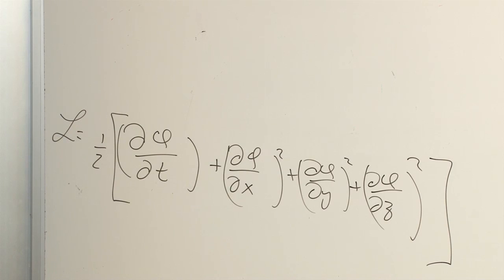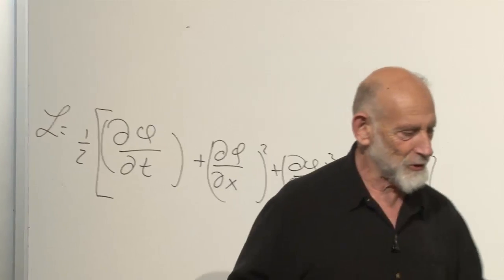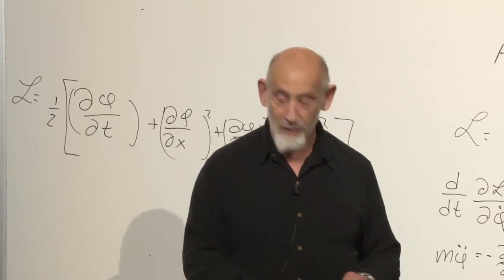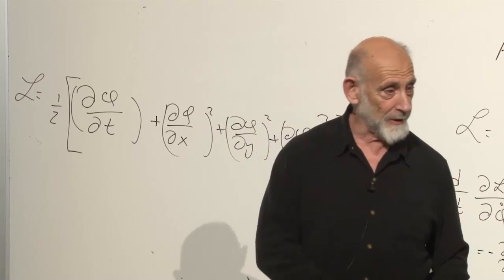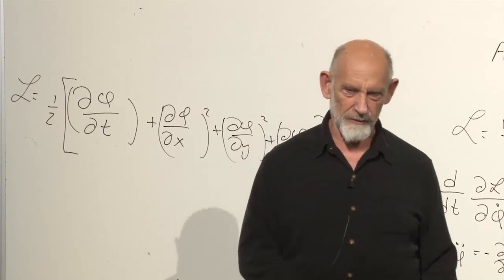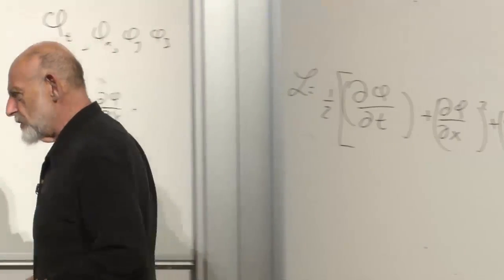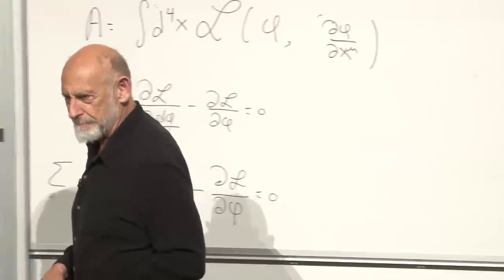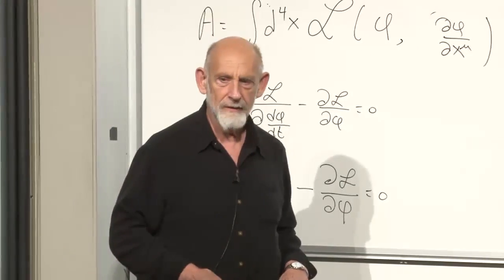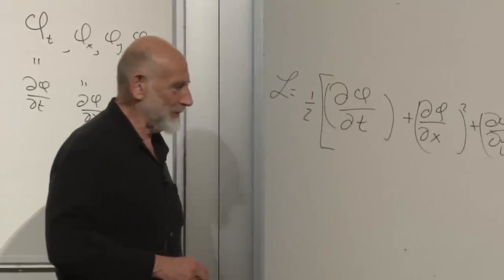Does that sound right? No. Why? You want something that is relativistic, the invariant. No, we haven't gotten to relativity yet. We don't care too much about relativity yet. Let's not worry. You're right. Of course you're right, but let's not worry about the details of relativity. You're right, but let me just make it a little more primitive than that. Okay. The units are wrong. Nah, that doesn't bother me. Put a c someplace, doesn't matter.